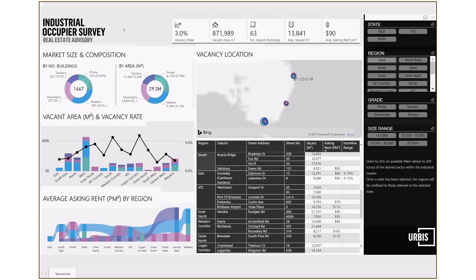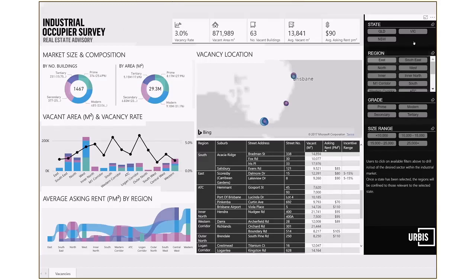On the screen now is the Eastern Seaboard data set in its totality. Top left of the page you can see 1,467 buildings and 29.3 million square metres of space, and across the top line of the page, vacancy rate at 3%, 870 odd thousand metres of space in 63 buildings, etc. Running down the right hand side of the page are the filtering switches which enable us to interrogate the data